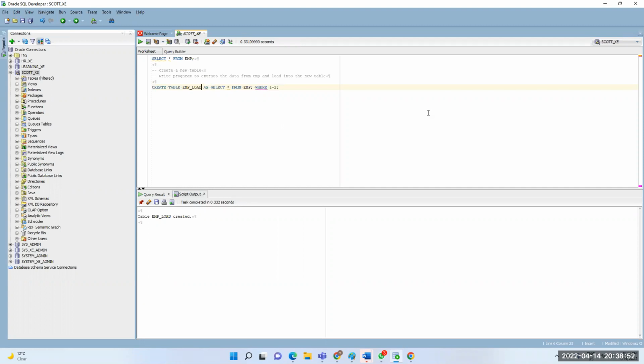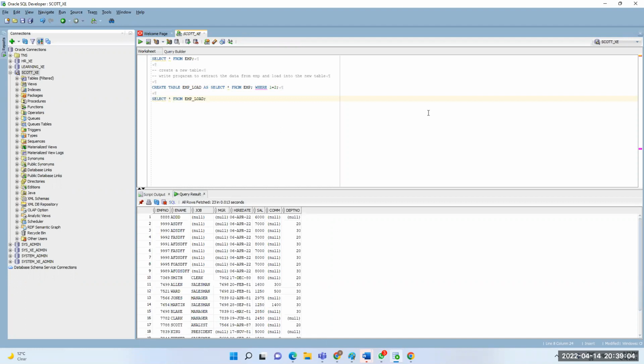Just see if you have any data here or not. I created the table from the employee table, so if I'm not giving that condition, it will create with the data. I don't want data, I just want an empty table.